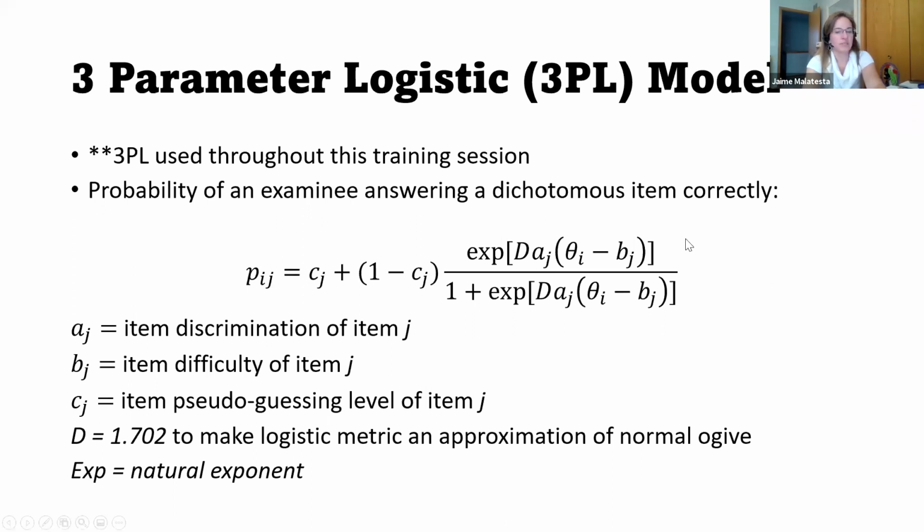So first, as I mentioned, I'll be focusing on the 3PL, three-parameter logistic model. We're here just to go over the brief probability. You see we have the probability that a candidate or examinee i correctly answers item j is given in this equation, where a refers to the item discrimination, b refers to the item difficulty, and c refers to the item pseudo-guessing level for item j. And D is a scaling constant equal to roughly 1.7 to make the probabilities an approximate